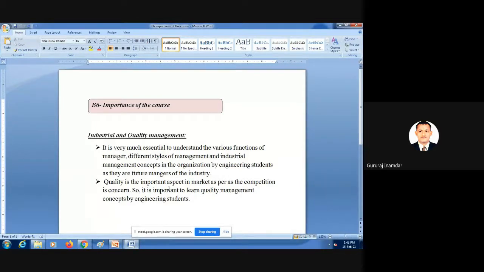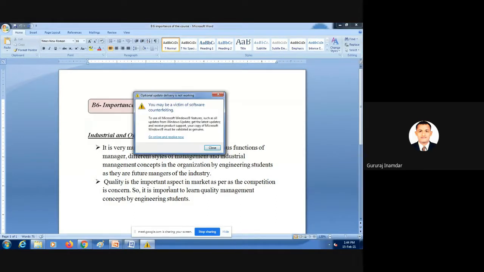Now in this quality management and industrial management, what are the various functions of a manager? What is the duty of that manager? Inside that industry there will be a number of employees, suppose 40, 30, 100, 1000. This is a variable number according to your production. There will be a number of departments, departmental heads, and supervisors. Now we have to manage all of them.